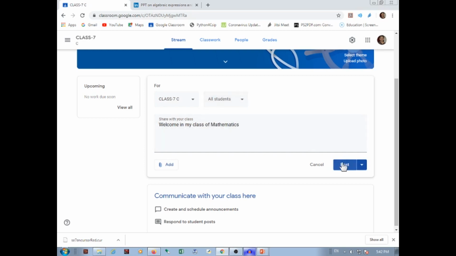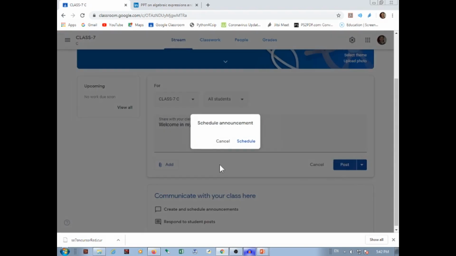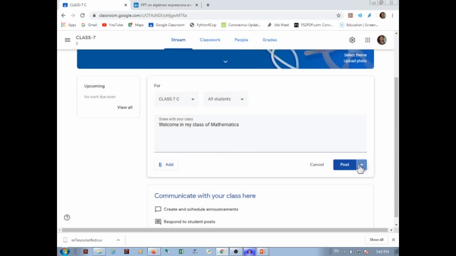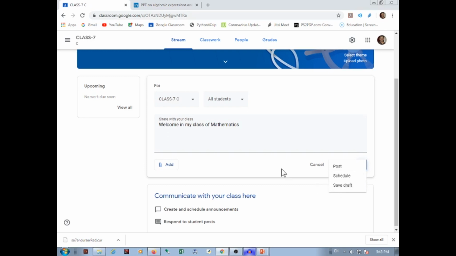Okay, now if I simply post it, see here, the add option is given here, the cancel option is there, the post option is there, and some options are here. We can post it immediately or we can schedule it for later posting. If you click on schedule, it will ask you about the date and time on which you want to send the message. The message will be automatically sent at that time. And if you want to save as draft, meaning you don't want to send it and you want to send it later at your own wish, with no particular time to set, in that case use save draft. So I think it is clear.